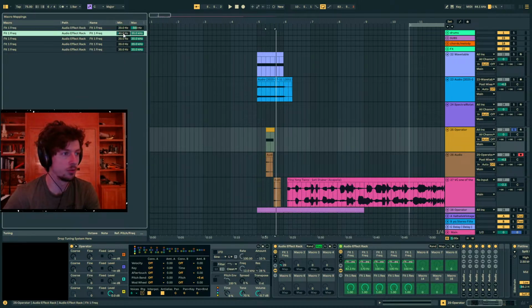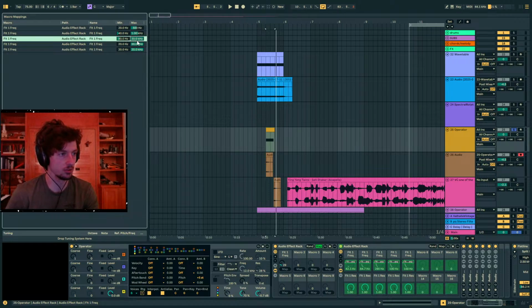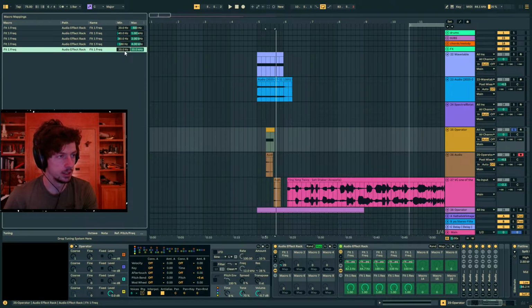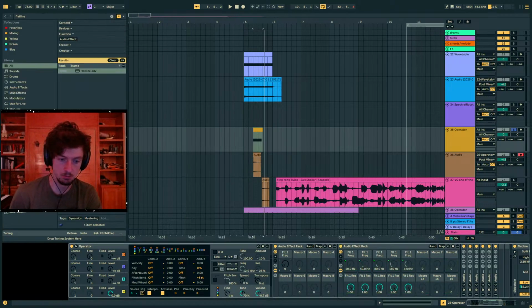This is gonna be from 40 hertz to 1000. This is going to be 80 hertz, right? We're going up octaves on the min and max, so it's going to stay min and max consistent, to 2000, and then 160 hertz to 4000, and then 320 hertz to, did I do that right? Yeah, to 8000. Now this knob,